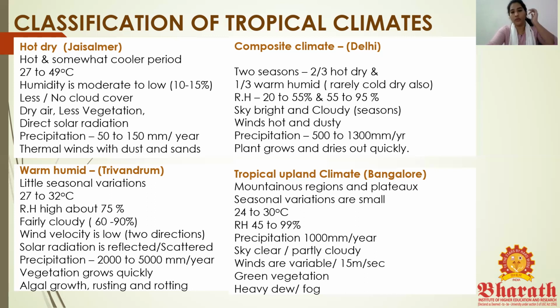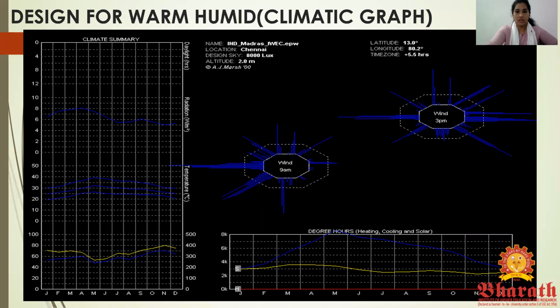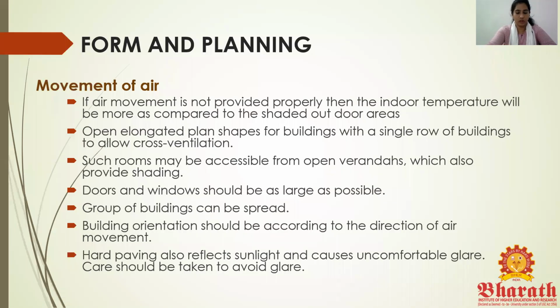Looking at this, how we would proceed is that we could see a few graphs for a better understanding of how we should design for our particular areas. Usually, for the design for warm and humid climates in a climatic graph, for example in Chennai, we look at what the lighting value is, what the wind speed is, how the rain is, and how the temperature is. Using the graph as a consideration, we would try to understand how the overall planning is.